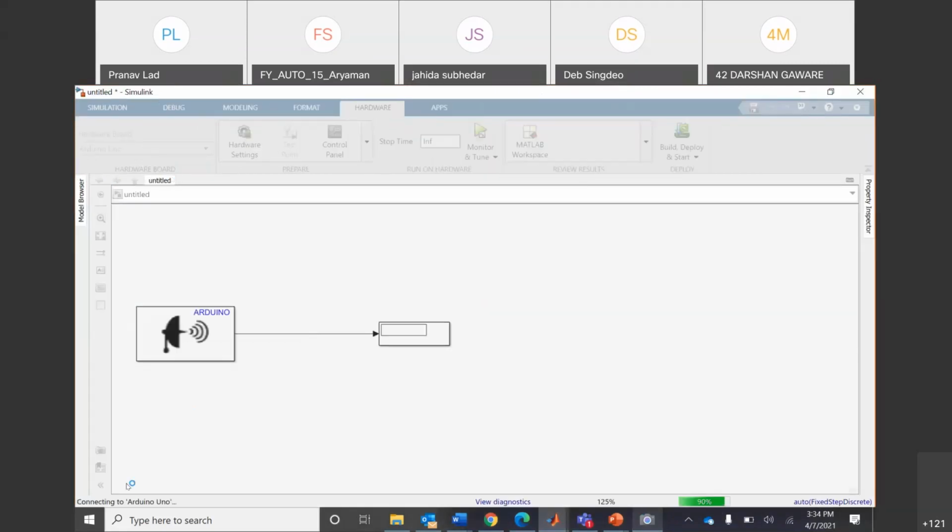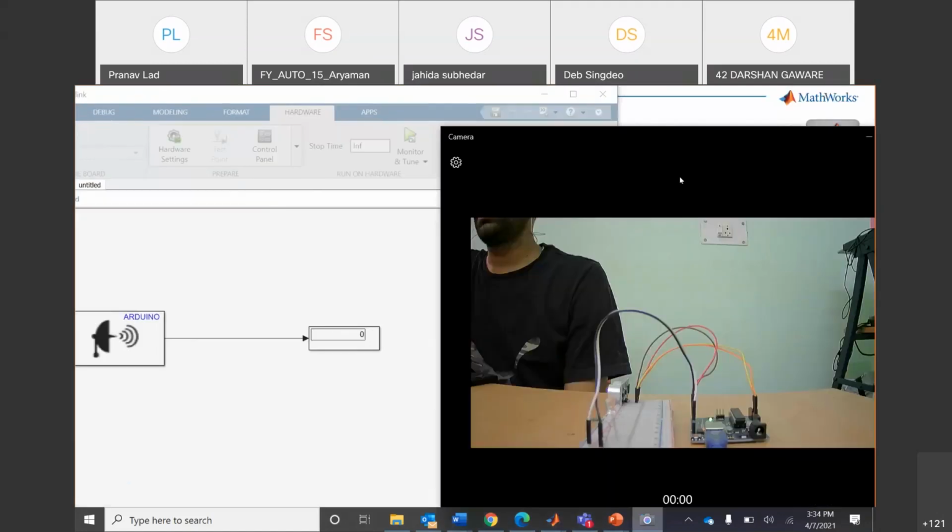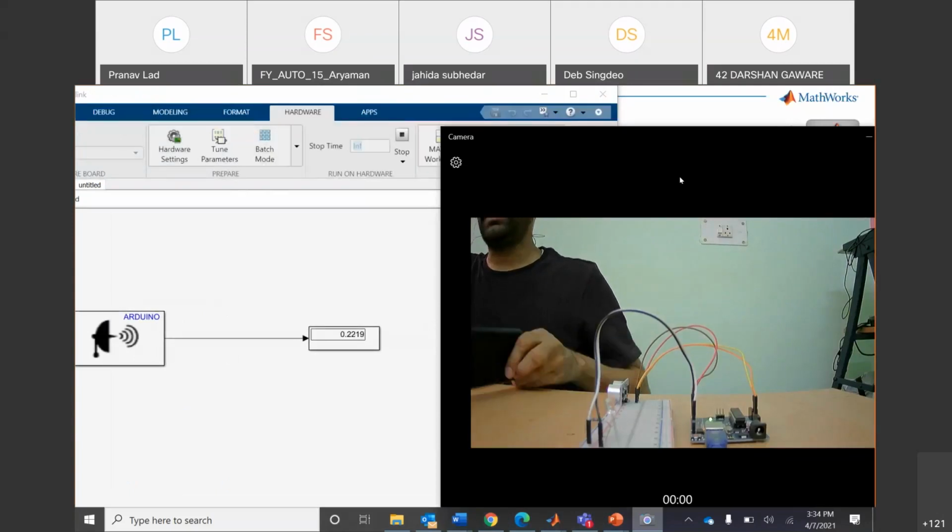So now it's connecting to Arduino Uno. Right, and once it is connected, you see I'm using my mobile as the object over here.